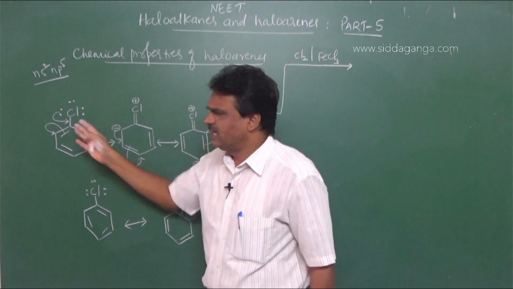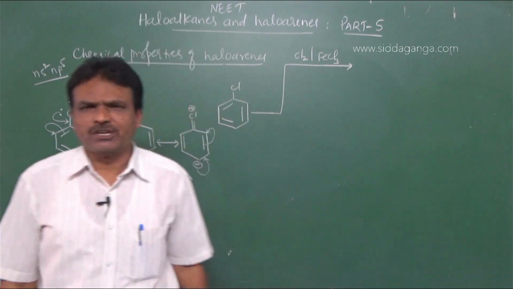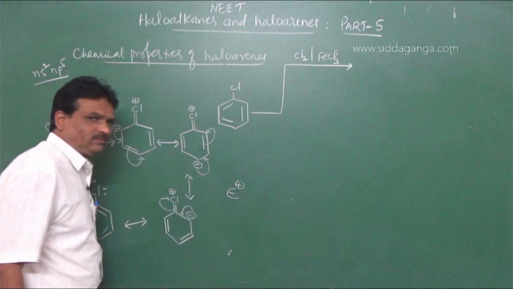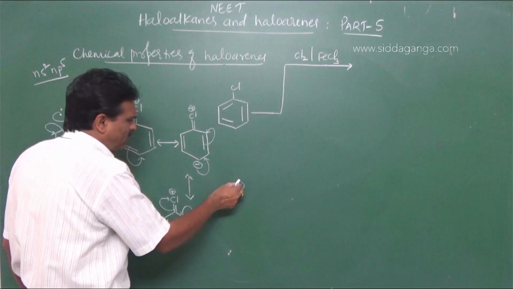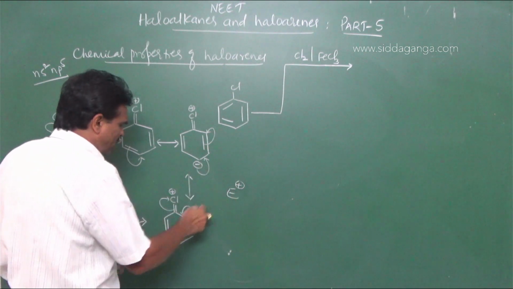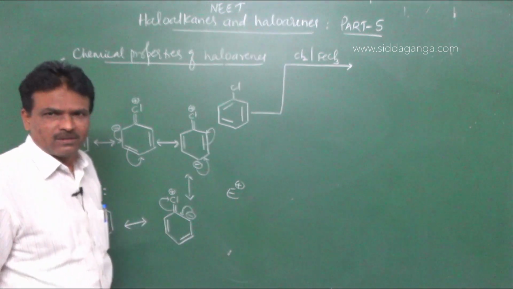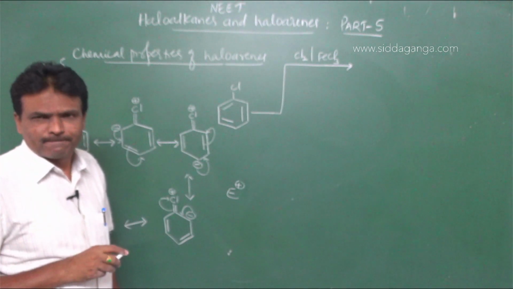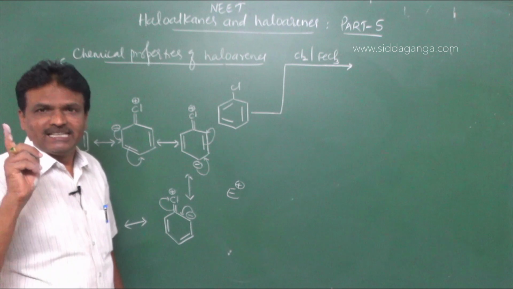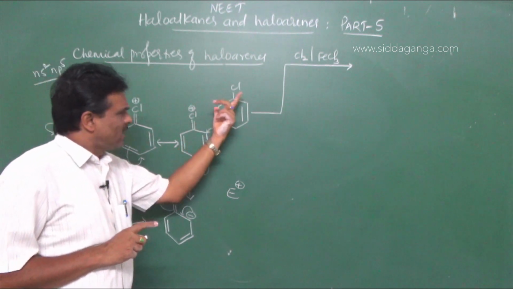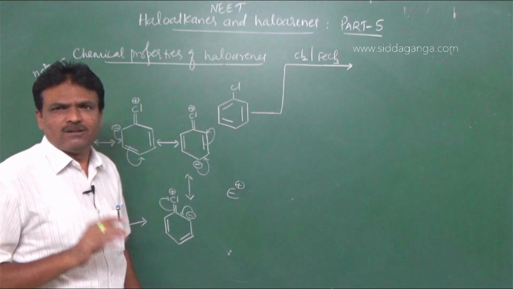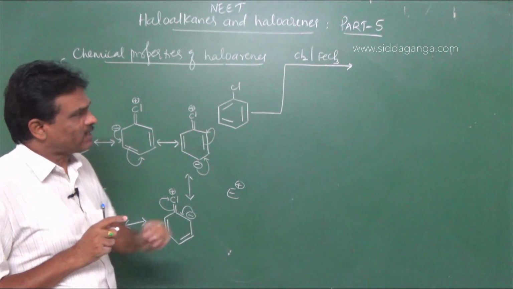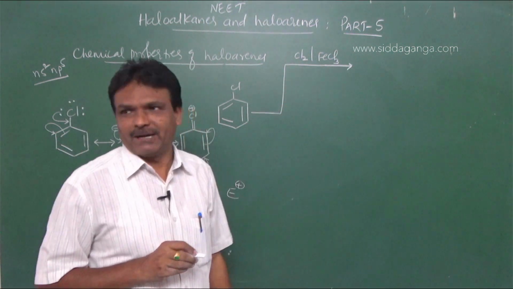So when chlorobenzene is subjected to electrophilic substitution reaction, electrophiles E plus preferably attach to either the para position or ortho positions. Therefore the chlorine atom in chlorobenzene is ortho and para directing. It directs the second incoming group to occupy the ortho positions or para positions. For this reason, when chlorobenzene is subjected to electrophilic substitution reaction, we get both ortho and para products.